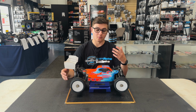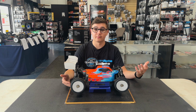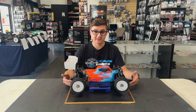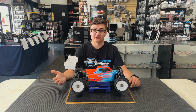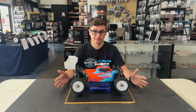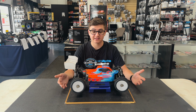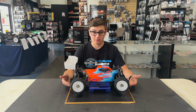Now, when you're going to see a lot of these is, and as I've been saying throughout the video, the bigger, more sweeping style tracks, you're going to use a thicker fluid. The smaller, tighter tracks, you're going to use a thinner fluid. Now, that's a very general overview for when you're going to see each of these. It is going to change track by track depending on temperature and grip levels, but here at Adrenaline, for example,